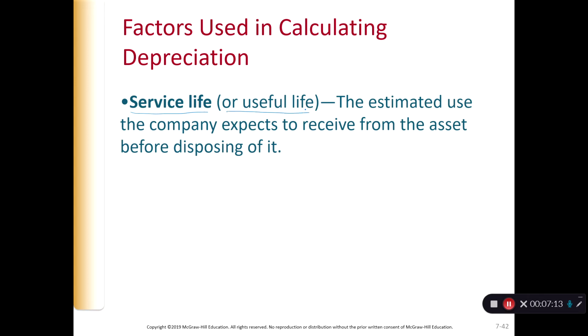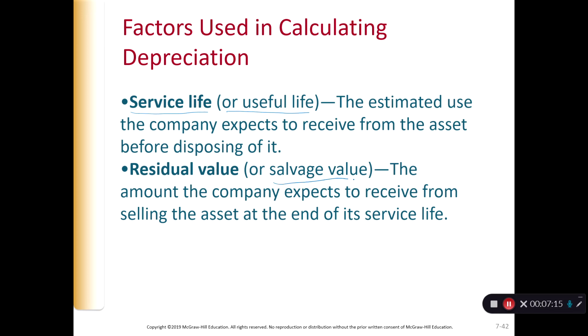And residual value, or we call it salvage value. Salvage value or residual value means the amount that a company expects to receive from selling the asset at the end of its service life. For example, if it's a piece of machinery that you can no longer use, you can sell it as metal, and that can get you back about $500. Or if it's a building, even if you knock it down, you can salvage the bricks and the metals, which can give you back about $1,000 or so. Hence, these two terms are the most common ones when describing long-term assets and allocating the